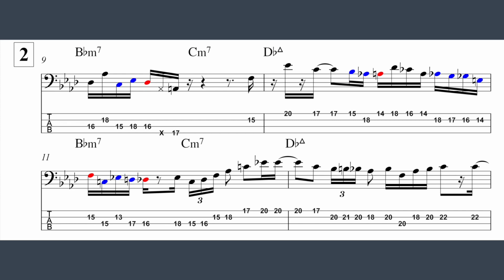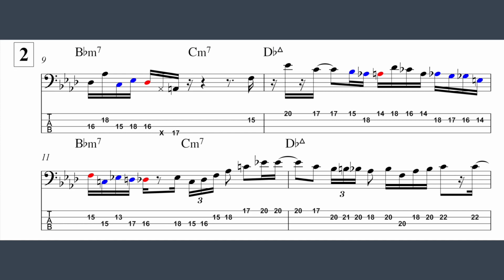Right, you can really hear there at the end how he plays around this targeted note. Our next example is in bar 10, and it's played over D flat major 7. But if you remember from before, this line here moves to this F altered sound. So our target note is this A, which is the third of the F7 chord. So he's superimposing harmony, this F7 that will then resolve to this B flat minor. And you see this A natural as the target, and we play this enclosure, B flat, A flat, A. This line till here is,